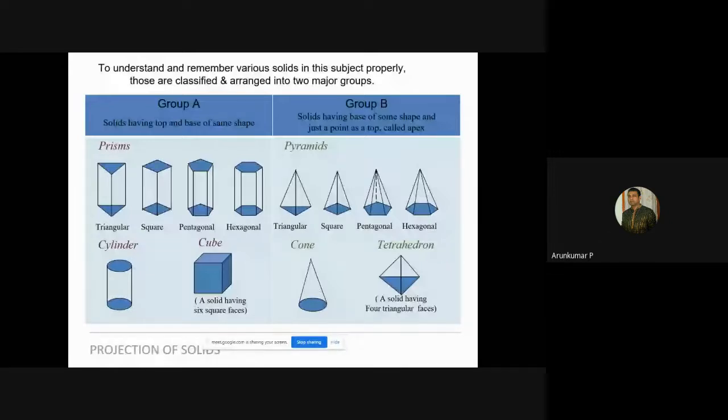So the projection of each of these solids needs to be discussed, and more or less the concept remains the same, the basics remain the same. Only what is going to change is the number of corners and the number of edges. In the triangular pyramid, you have 1, 2, 3, 4 corners basically, including the apex. Whereas the square pyramid has 5 corners, 4 corners of the base and 1 apex. For the pentagonal pyramid, you have 6, 5 corners of the pentagon base and the apex. So the number of corners or edges would go on increasing. The concept will remain the same.